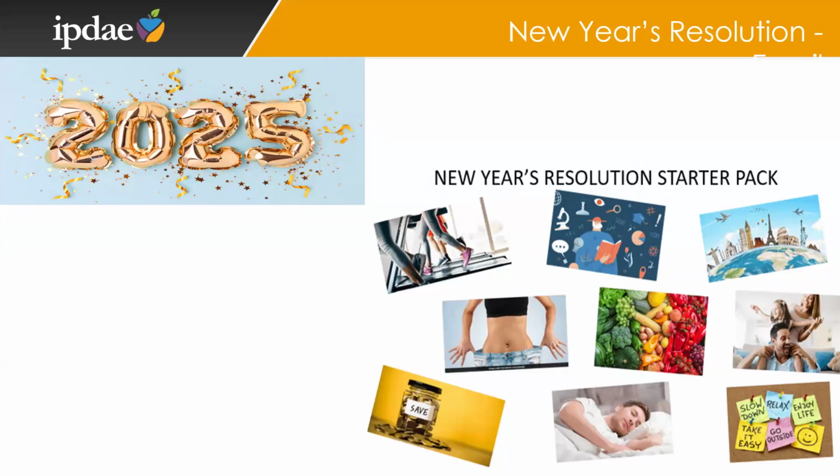Then compile their pictures into a PowerPoint or Google Slides, whatever works best for you, with each picture on a separate slide. And during class, project the images one at a time and turn it into a guessing game, right? So basically, step one would be to ask the class to guess who the picture belongs to. And then step two, say after 2 or 3 guesses, invite the student who submitted the picture to reveal themselves and share a bit about their goal or resolution.